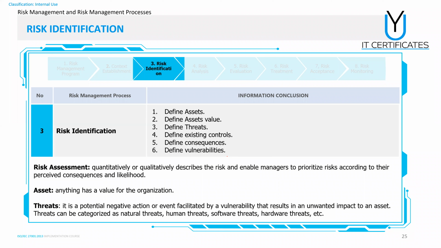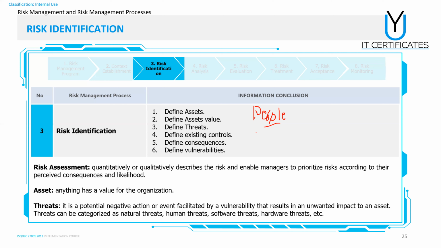Whatever it is, any of this is considered an asset for the value. Even people, we are assets for the value, right? Because without the people, the organization will not be able to do anything. Without the people and their skills and expertise, companies will not be able to achieve their goals and